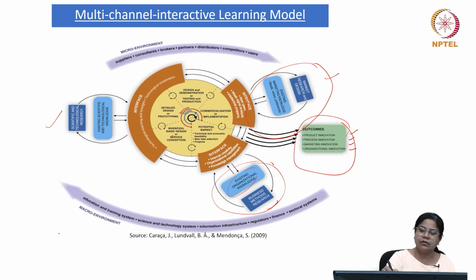Then there is an interface with respect to the IP or with respect to the organizational capabilities or technological cooperation, and at the core is the process through which the ideas come into final product, which includes identifying the potential market and inventions, designing, prototyping, and demonstrating, testing, and final commercialization. So these interfaces are also very important. Why? Because they help the organization in learning and coming up with newer ideas. Maybe something which is coming from the business method area or from the marketing, and they get some new ideas. Now that can be learned through these particular and important interfaces.